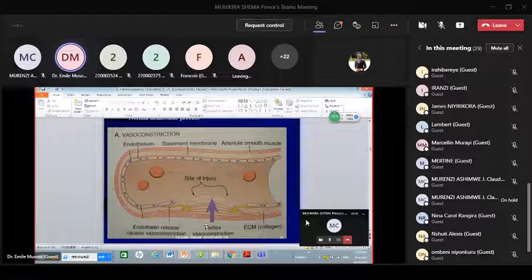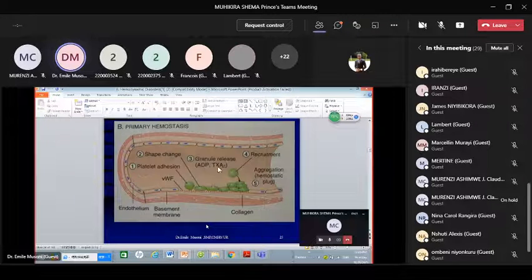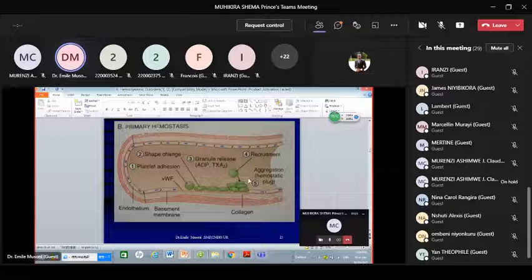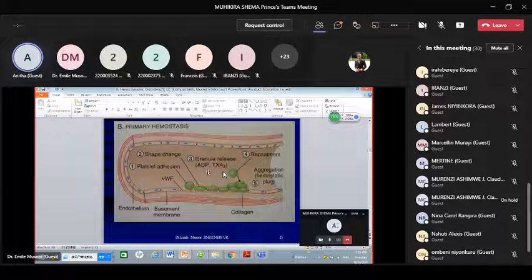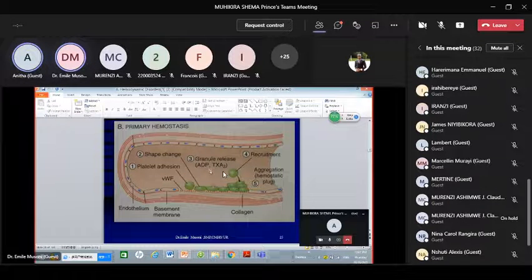Reconstruction as a response to that injury. Another one is what we call primary hemostasis. You see again in biology, in hematology. For that case, there will be involvement of coagulation factors, like this one, Von Willebrand factor. It also